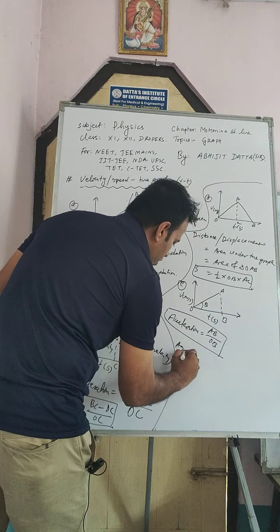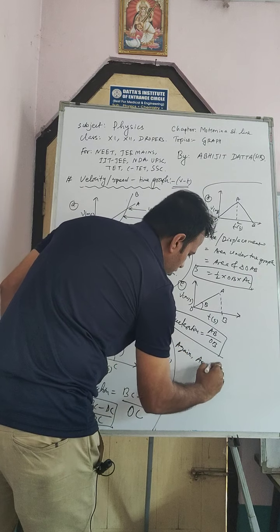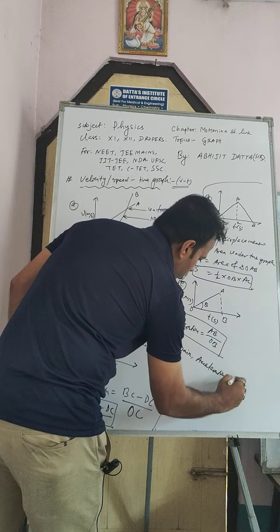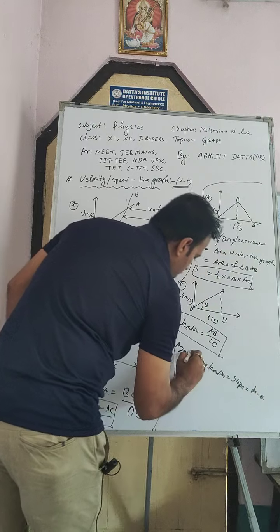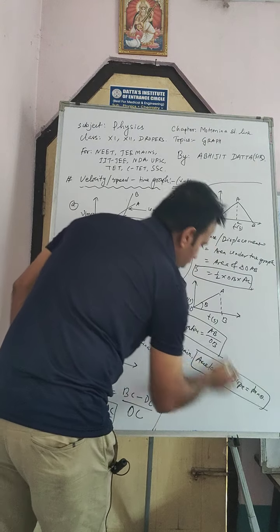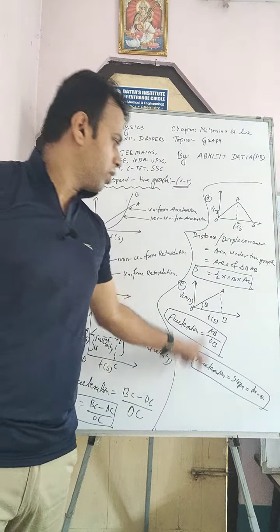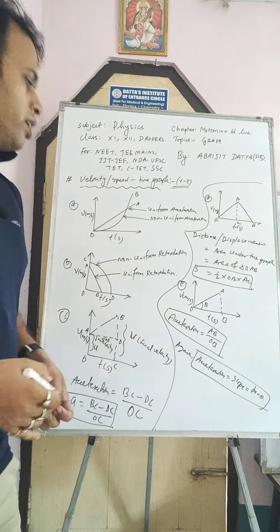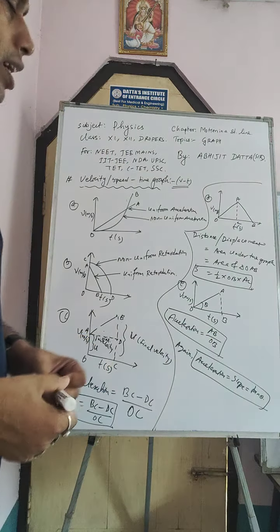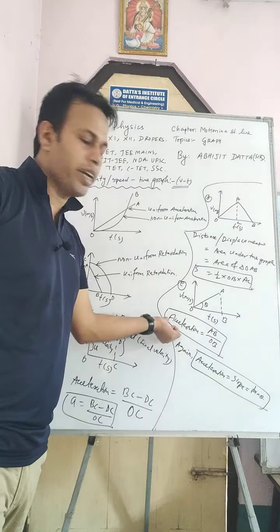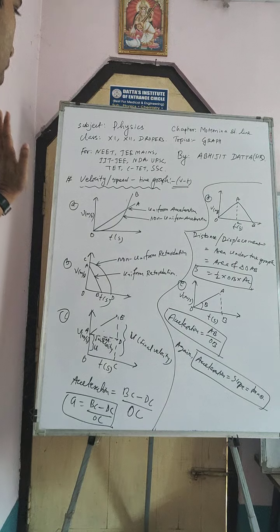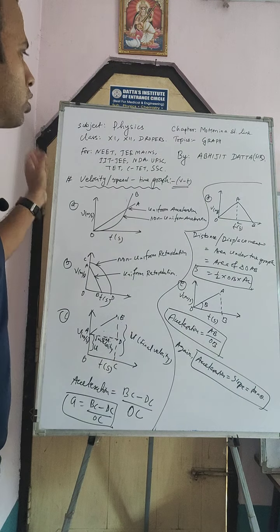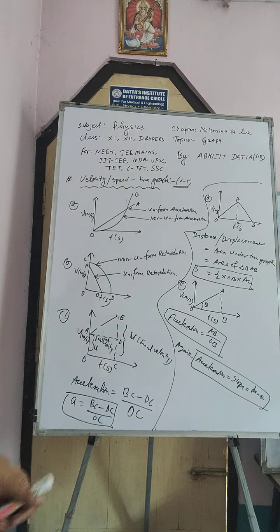Again, acceleration equal to slope equal to tan theta. Okay, so acceleration we can find from this figure from tan theta also. If this angle is known, then take the tangent of the angle and you will be able to find the acceleration of the body. Okay, so these are the 5 different graphs of velocity or speed time graph, or VT graph. Okay, understood this one?